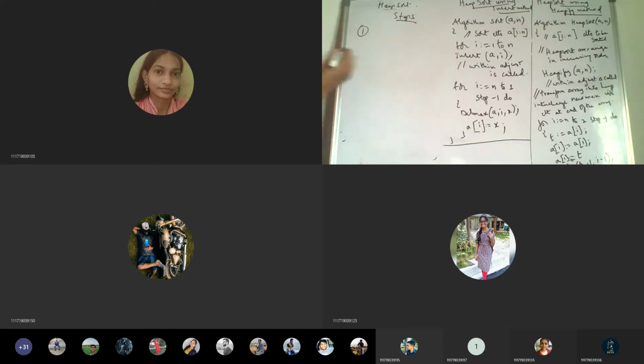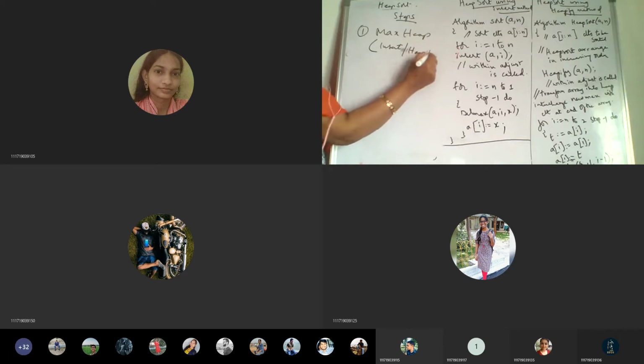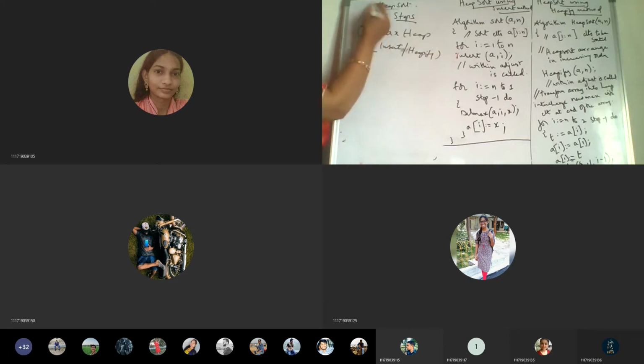First it is going to consider a max heap. This max heap might have been constructed using either insert or heapify. Heap sort won't consider which method was used. It is least bothered, it just considers the max heap, whichever the method.